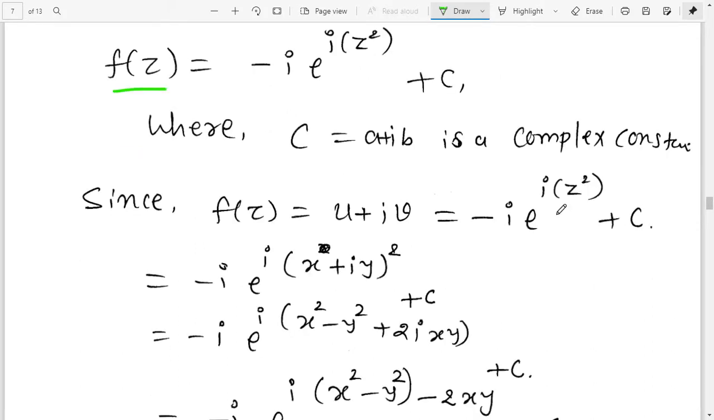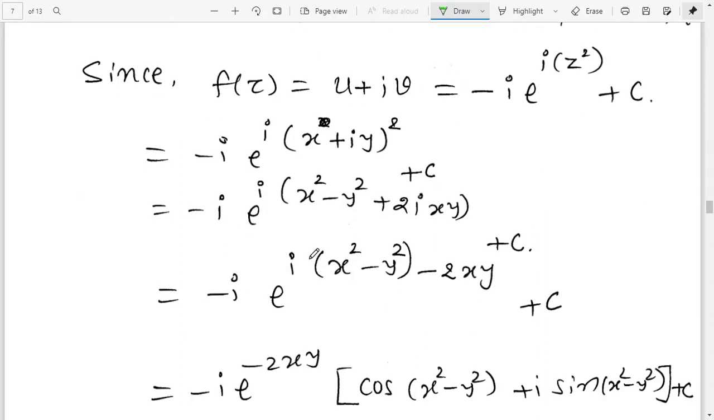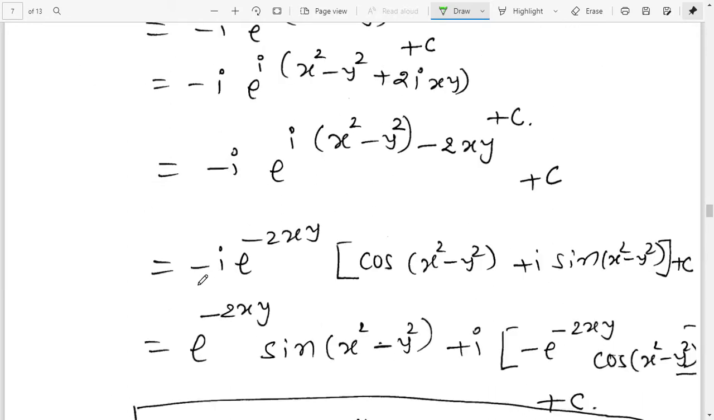So put the value of z = x + iy, whole square. Squaring this, we get x² − y² + 2ixy. So −i e^(i(x² − y²) − 2xy) plus constant. We can write it in the form −i e^(−2xy) into